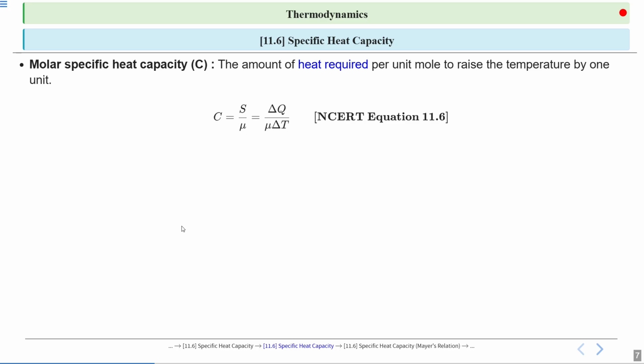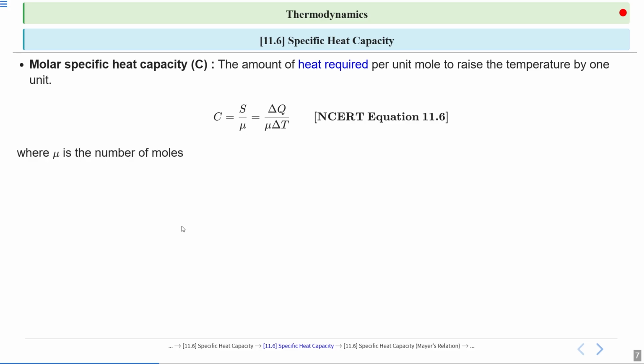So molar heat capacity, C is equal to capital S divided by mu, per unit mole. So S by mu. We know the value of S, that is delta Q divided by delta T. So putting in the value, we get C equal to delta Q divided by mu into delta T. So this is the mathematical expression of the molar specific heat capacity,